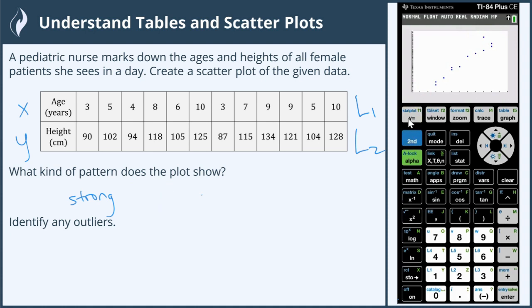Okay, the reason I wanted to erase that is that I need to say not only how strong or weak the correlation is, but also whether it's positive or negative. And being that the points seem very close together, I would say it's strong. The closer the points are, the stronger the correlation. And I would call it linear because they move up in a line type of pattern. And I would say that it's positive because it's increasing from left to right: as X increases, Y increases. So I would call this a strong positive